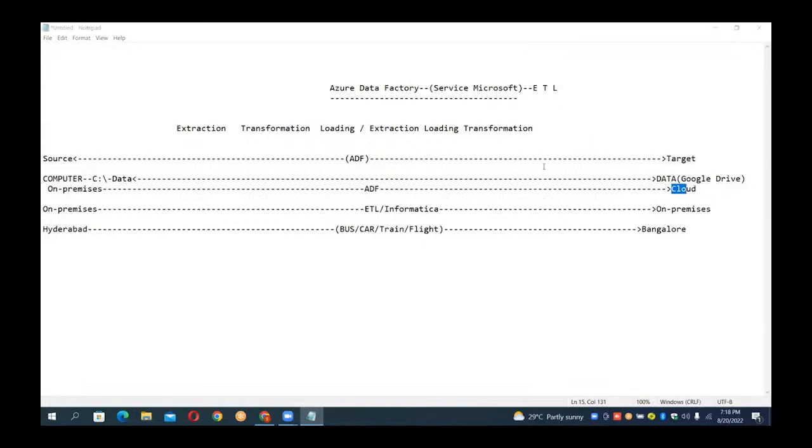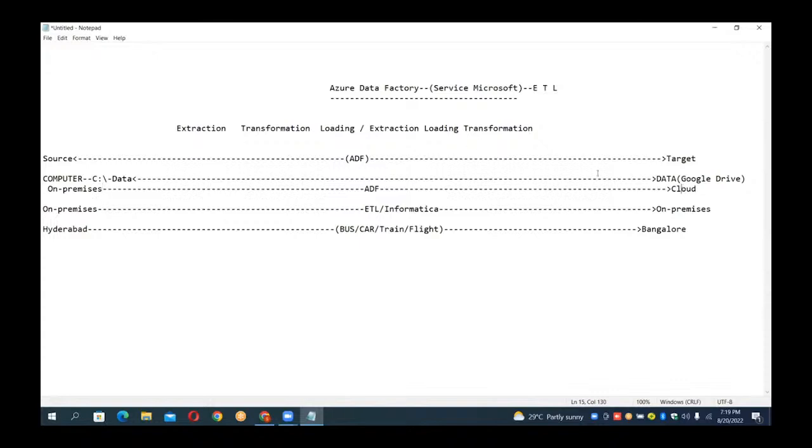From the on-premises environment towards the cloud environment, the entire IT industry, the entire world, is into this job of moving their data from physical locations to the cloud environment, to reduce the burden of storage and to reduce security issues. These are the major reasons why every business entity is trying to move their data from physical locations to the cloud environment. But whenever you want to move the data from on-premises to